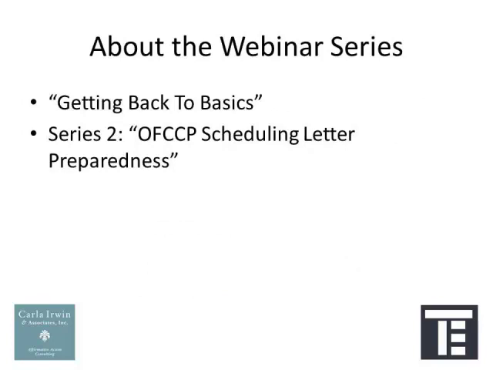Okay, so we've been doing this Getting Back to Basics series, and this is really about what we see as the basics of an affirmative action plan, which is the data. We've gone through all the different types of sets of data that you need to do your affirmative action plan, and we're finishing it up with compensation. We want to talk about how to clean data, how to validate data, things like that.